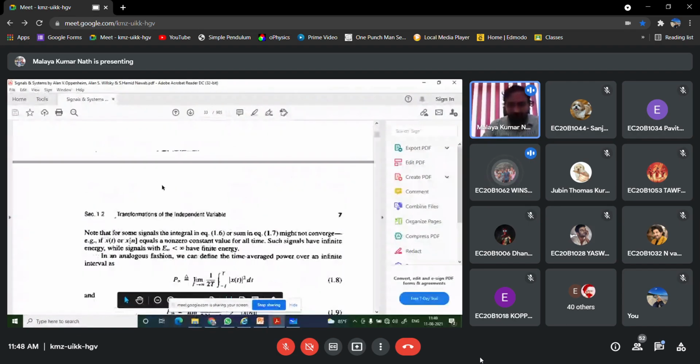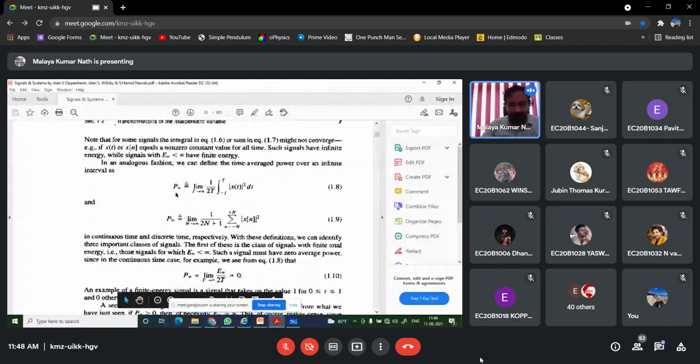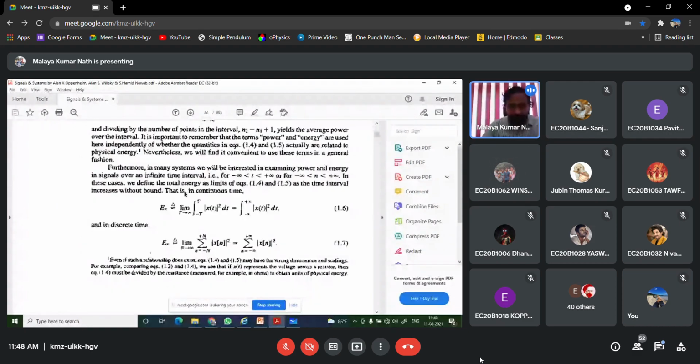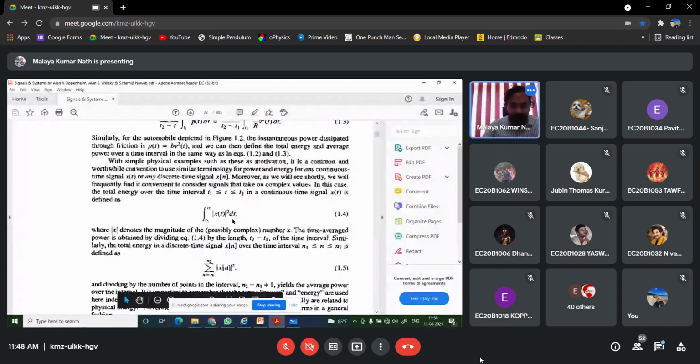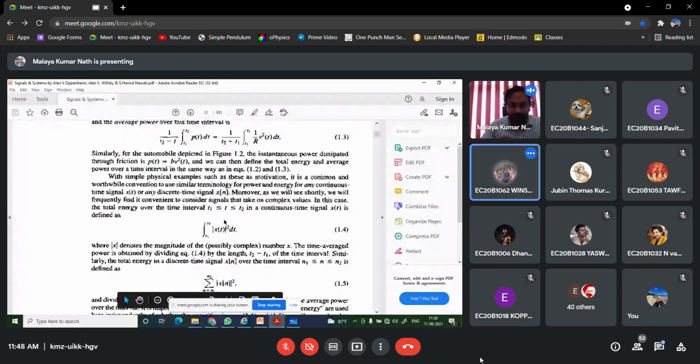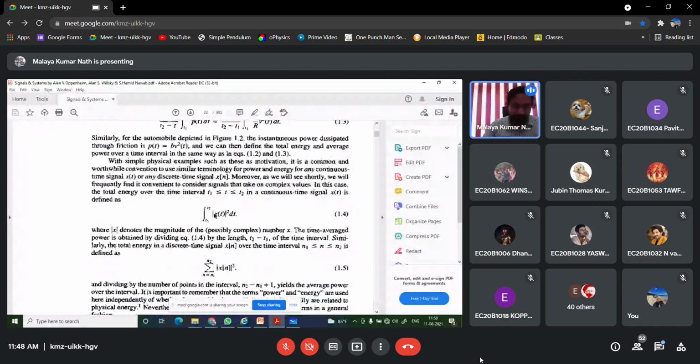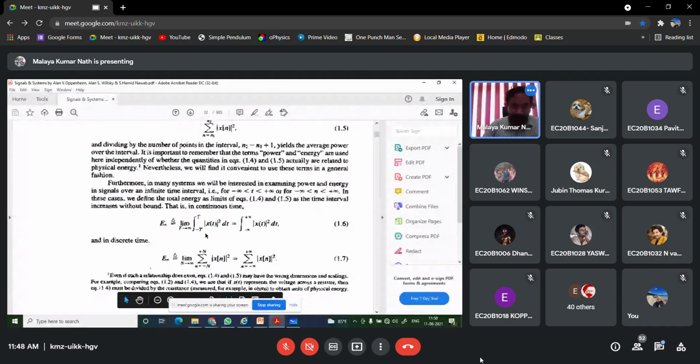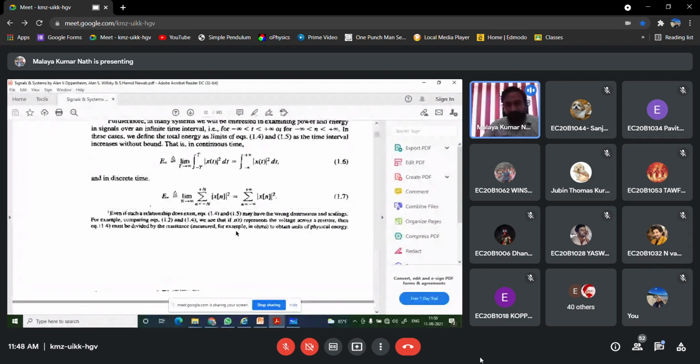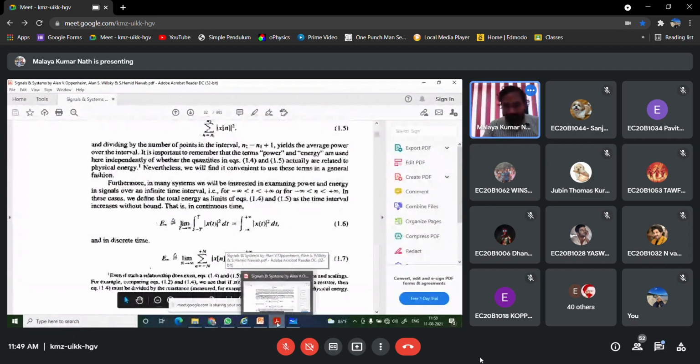You just see that one. Are you getting my point? So that means we have calculated from here. So what is this, integration of x square(t) dt? This is nothing but your energy. And what is your power? Power is obtained when you divide it by 2T, then it will give rise to your power. So instead of V(t), we can take any arbitrary signal that is equal to x(t). Clear? Yes, sir.